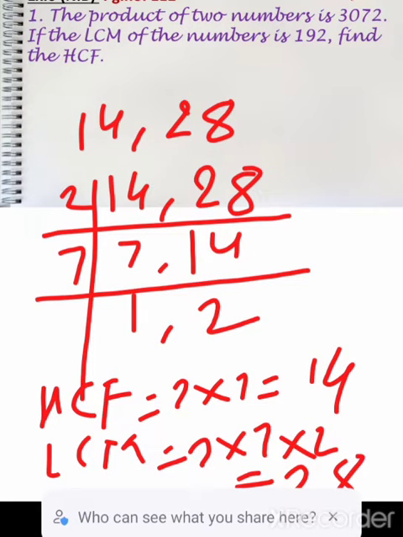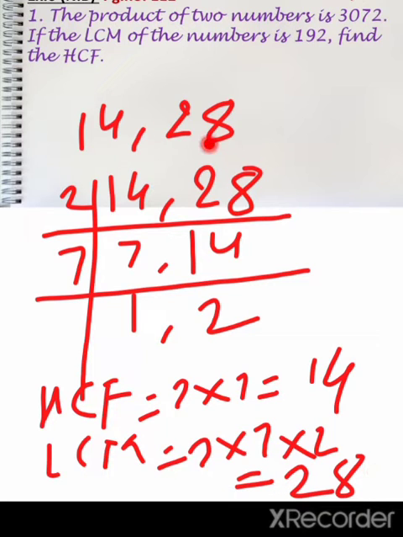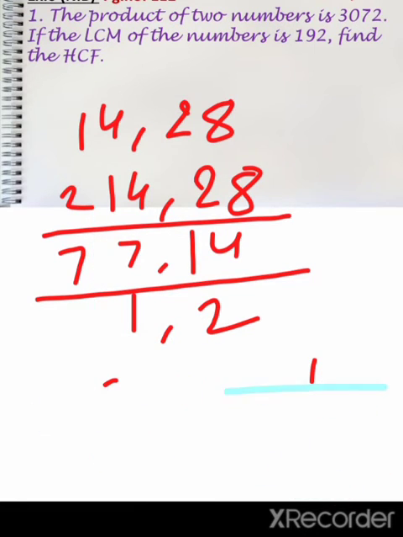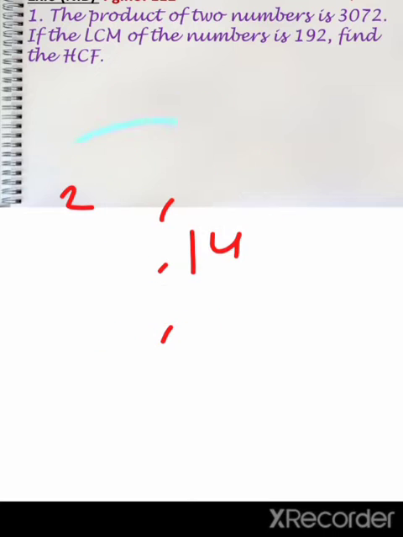So if you observe here, students, again we are getting 14 and 28 only. The multiplication of these two numbers is going to be equal to the multiplication of HCF and LCM, which is again 14 and 28. Even if they are not the same number, it is still going to be the same. The product of two numbers whose HCF and LCM we are finding is equal to the product of HCF and LCM. By using this fact, we can solve the sums.